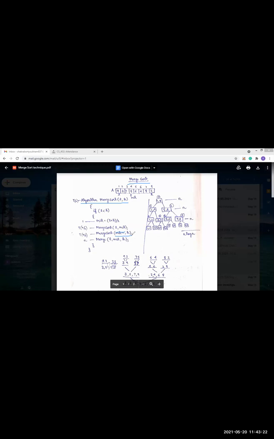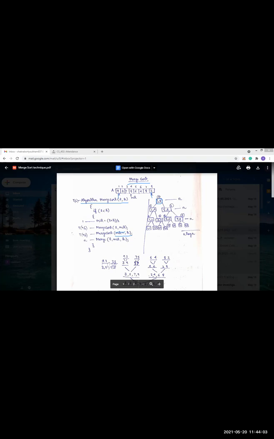Now, through a tracing tree, I will show how this merge sort algorithm works. First, you can see from the example that there are 8 elements present in the array. Now, low is pointing to the first position, and high is pointing to the last position. So the first time, low will point to the first position and high will point to the last position. Here you can see I have first taken our total array, 1 to 8.